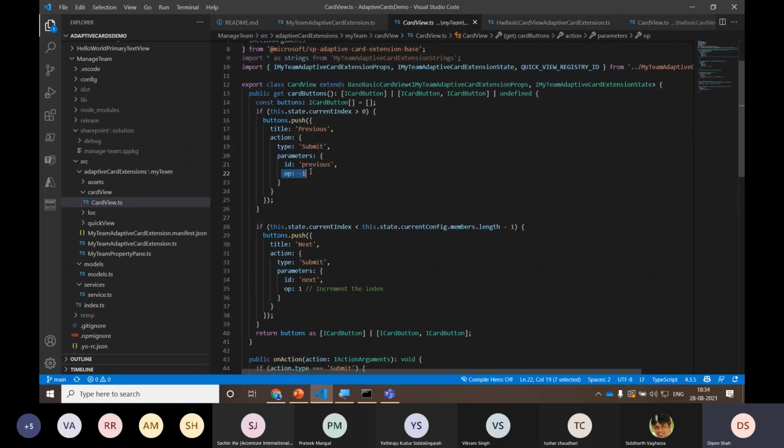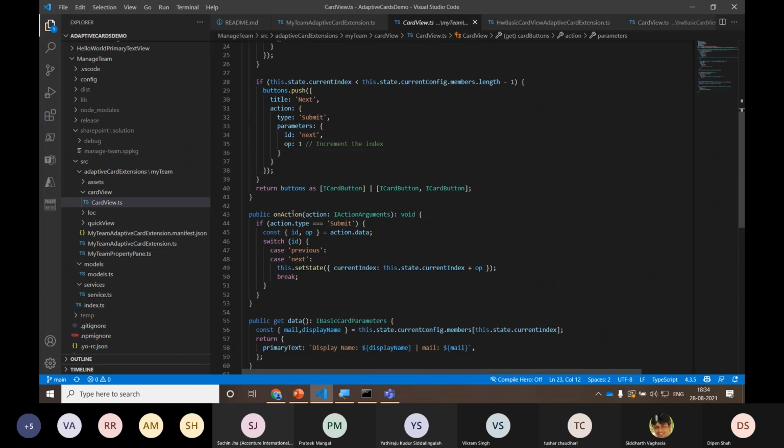Now to handle the button click event, there is a particular method, onAction. So when the action button is clicked, I can check which type of action this is, type submit. Either we can check based on the type, or we can check based on the ID. If I have two buttons over there, I need to check the ID of that control, and I can get that from the action.